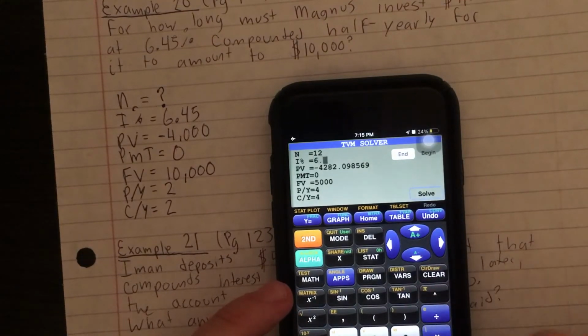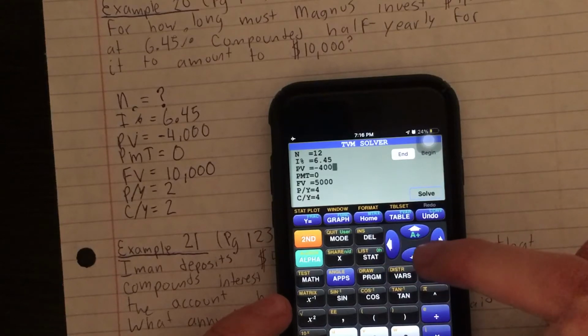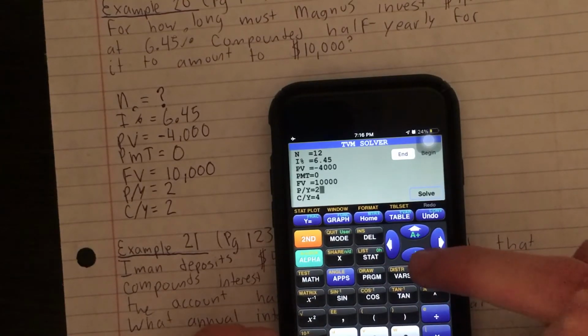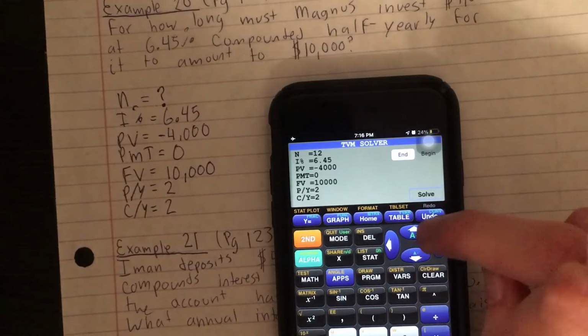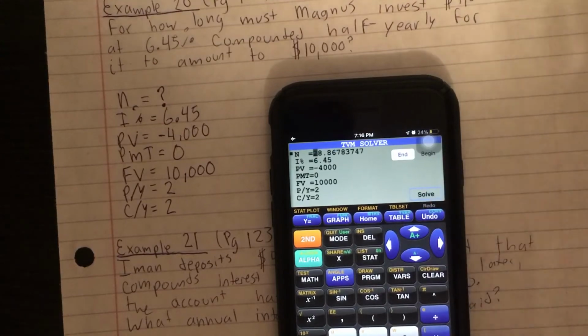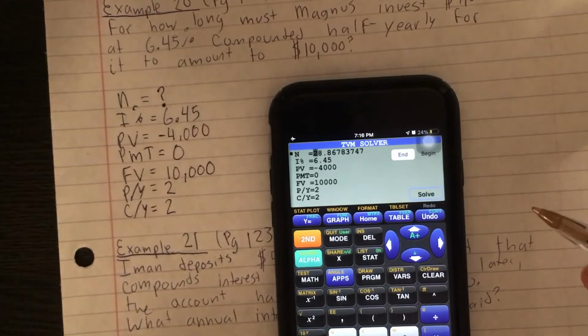6.45. What am I doing? 6.45. Negative 4,000. Mr. Price can't type right now. 10,000. And we got 2 and 2. And we are trying to find the number of periods here. So I'm going to solve that. So that's going to be